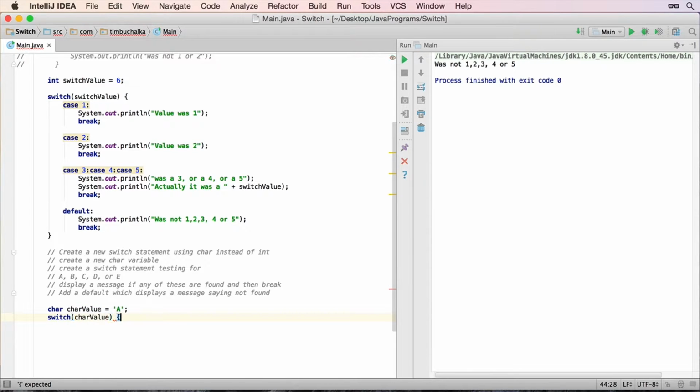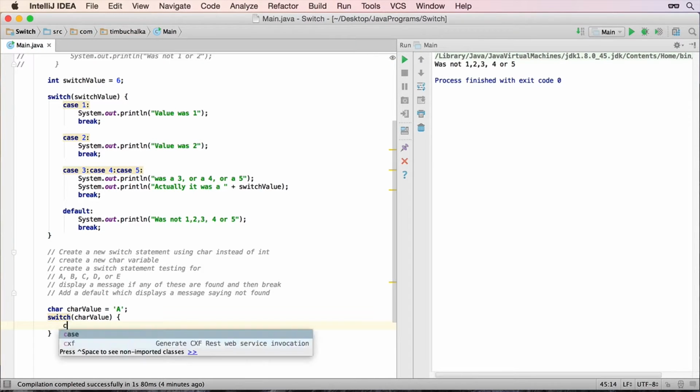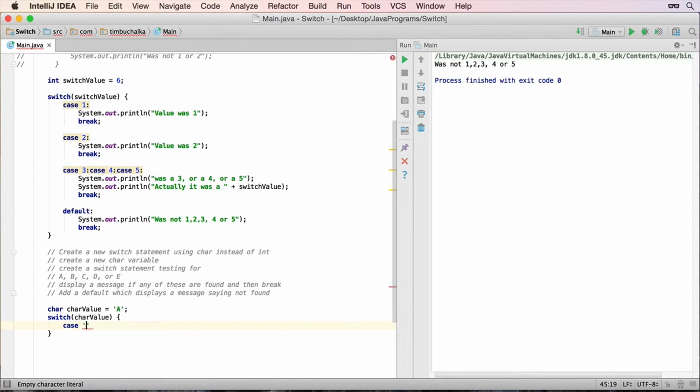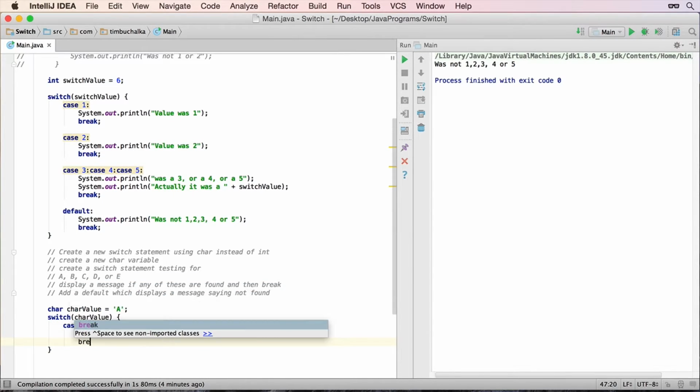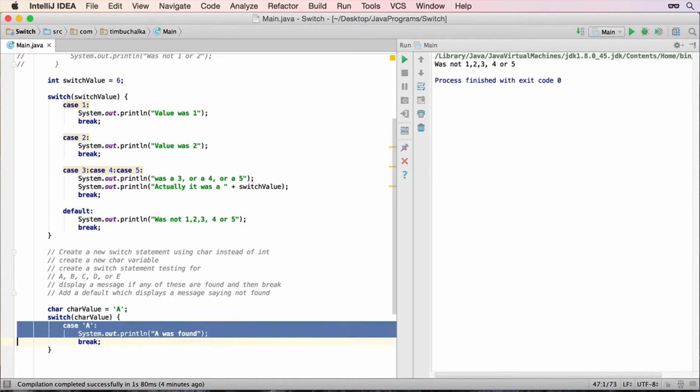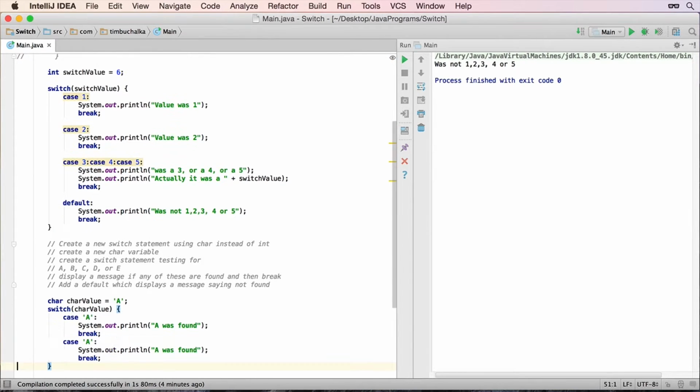So that's exactly the same, but it's just specifying the char value instead of the switch value we used above, which was an int. Then the case will be case single quote A, because that's how we define a char, with single quotes, colon, and out A was found, add a break, and then we can do the same. We can put B, for example,